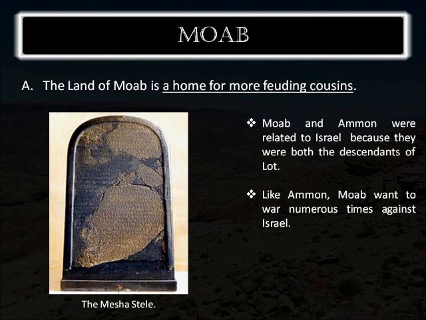Moab and Ammon share their descendancy from Lot, and because of that, there will be quite a lot of overlap between Israelite culture and Moab culture. The languages are similar, their customs are somewhat similar, but Moab, like Ammon, will religiously be very different, that they will serve a god called Molech, and this god often received child sacrifice and was very abominable to the Israelites.